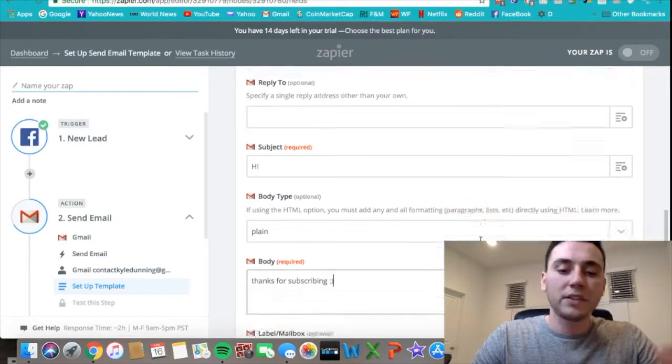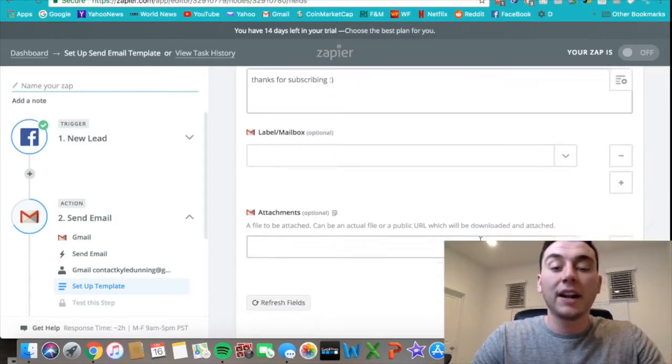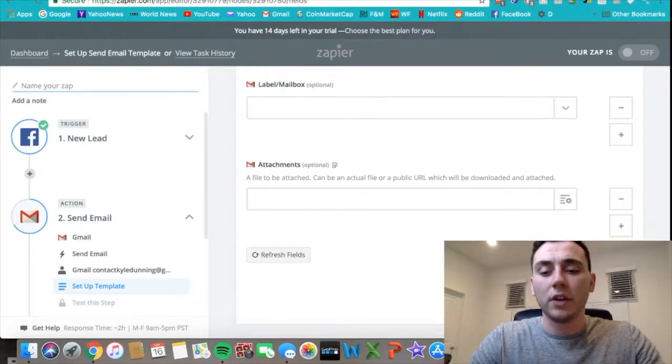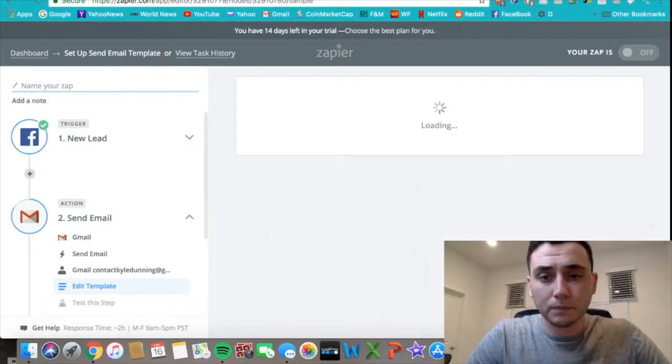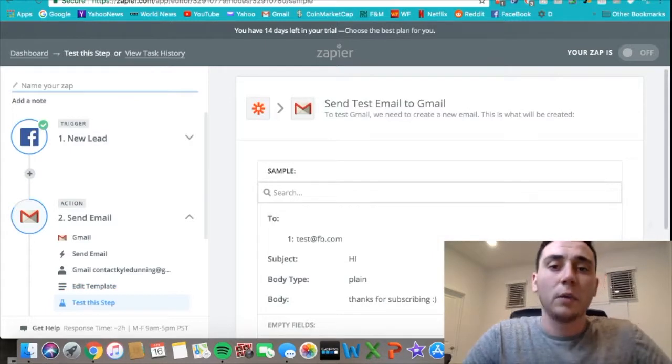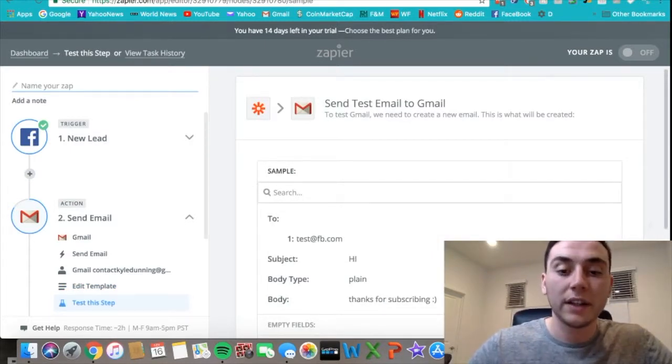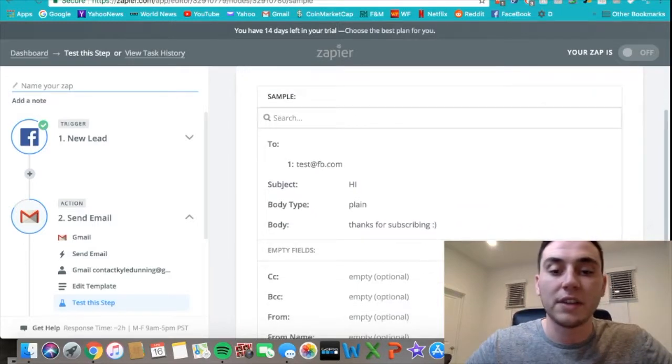So now that we have the message done, you can come down. You can even add attachments. So if you're sending an ebook, it's easy. You can just add the attachment to the email you're sending out. And then you can go down here and then press continue. When you press continue, it'll check to make sure everything's valid. Everything was valid. You can come up here and see the sample email, make sure everything looks good,